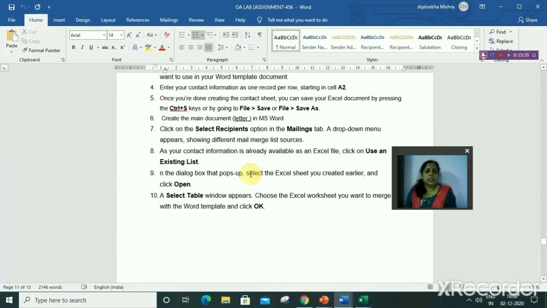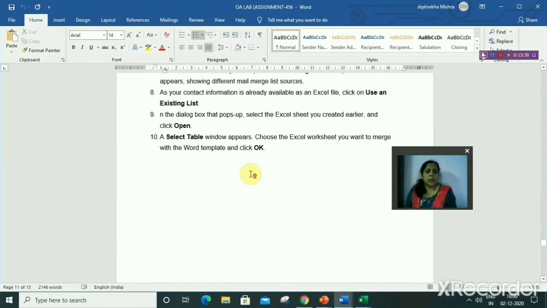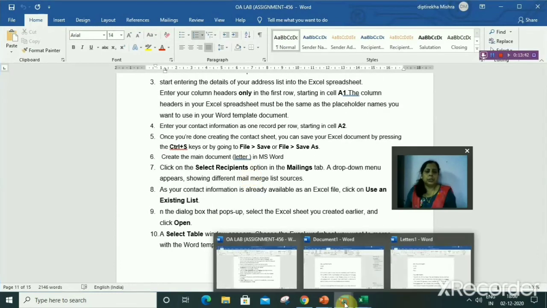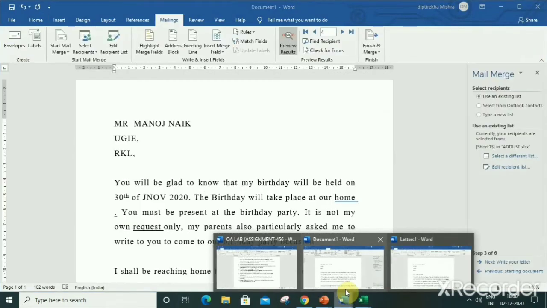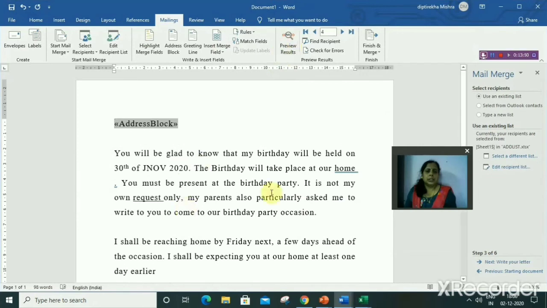Write down the steps and the output. Okay, so you have to write down the output, like this is the output. So you have to write the output on the right side of your copy.